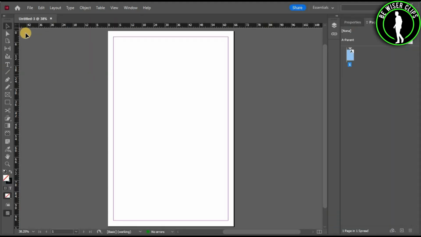So guys, now you just need to go on this toolbar on your left, and after that you guys can see this option right here which says rectangle frame tool. Now just select it and right click on it, and you guys can see on the bottom option which says polygon frame tool. Now just select this option, and now guys you can freely make the polygon frame through the